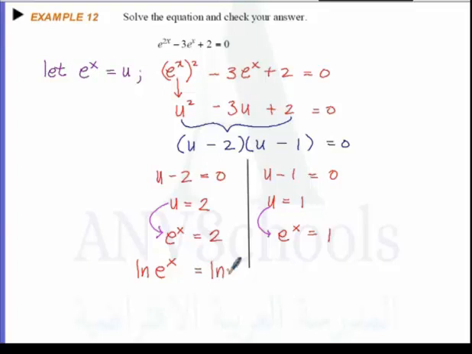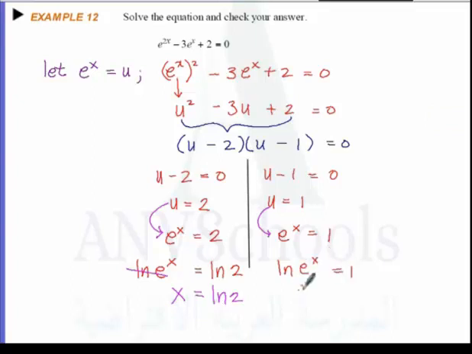So ln of e raised to x is equal to ln of 2. And this will give me x. So x is equal to ln of 2. And on the other side, I will have ln of e raised to x is equal to